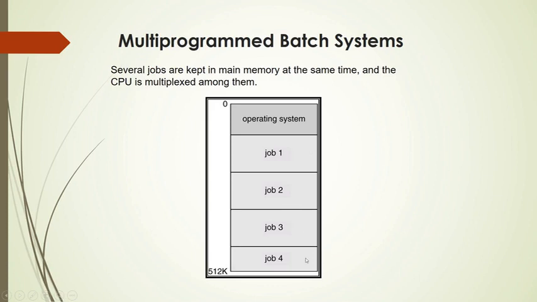But how and when does it switch? For that, the basic concept of multi-programming we have to understand. For that, we have to consider one program, and in a program there are two types of instruction. One instruction is the input output bound, and the second instruction is the CPU bound. The input output bound instructions are the ones which require input output operation, maybe reading something from the keyboard or printing something to the screen. So these are called input output bound instructions.